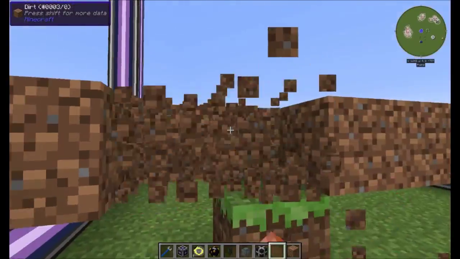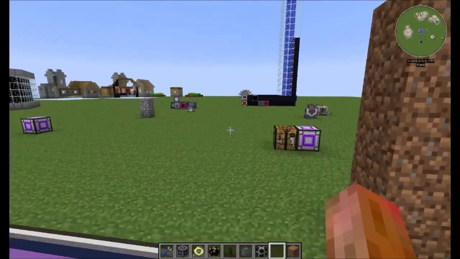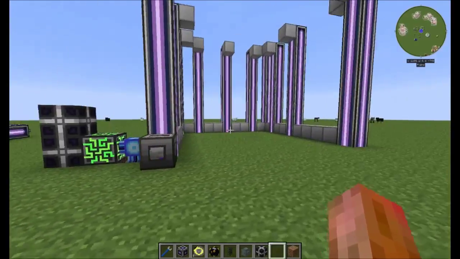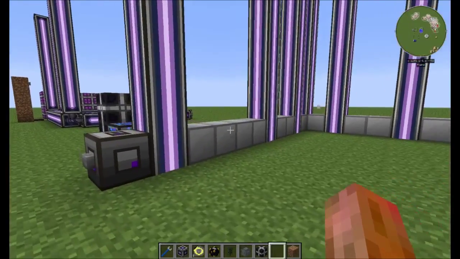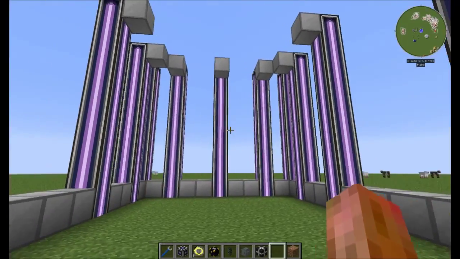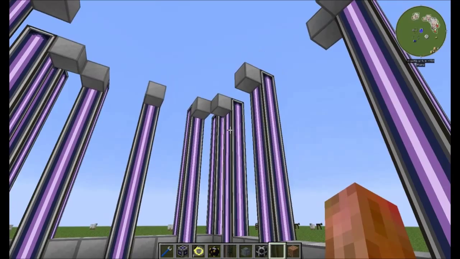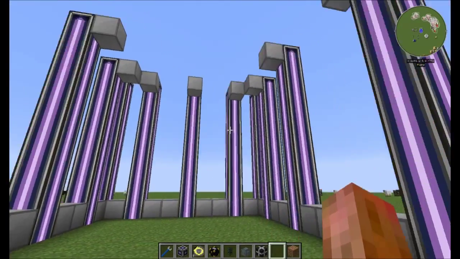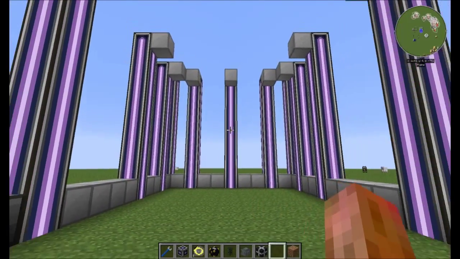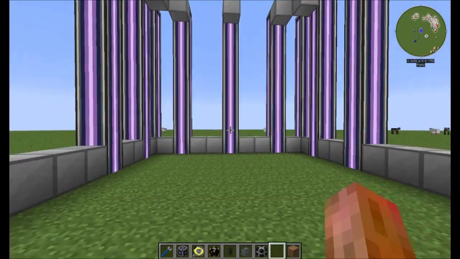So you can set up a farm in this world. You can even build in that world for most things, and they'll come back. But it just seems like most of the machines don't. So this is 100% efficient right here. I think it's two of these spatial pylons too much, but just for symmetry, I left each of the pylons the same height. I just want one shorter than the rest, but this is 100% efficient,